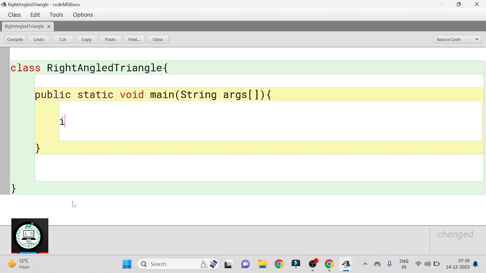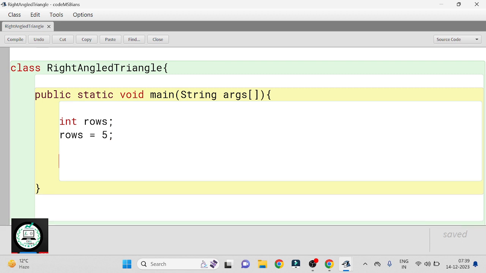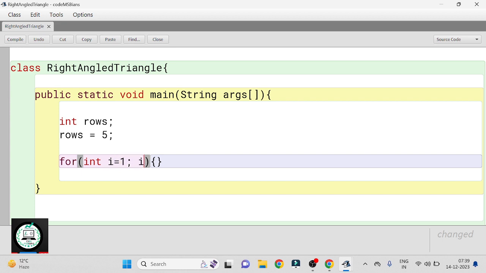So I am writing here int rows. That will be my input. I want to give it some value, so I'm writing rows equals, let's say, 5, because I want a right angle triangle having a total of 5 rows. For that, I will create a loop that goes from 1 to 5. So integer i, that's my loop, which starts from 1. I'm saying that i is less than or equal to 5, and then i plus plus,